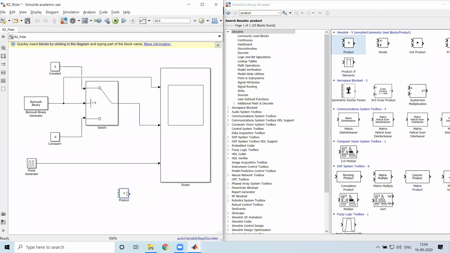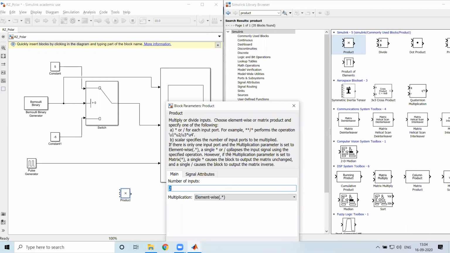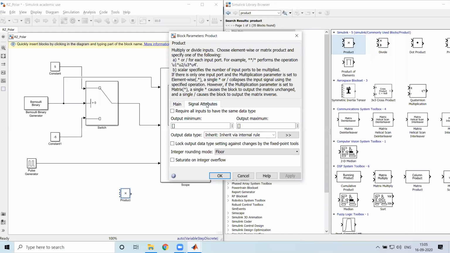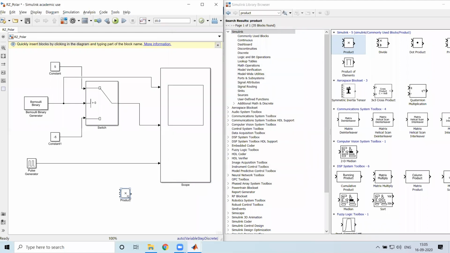Product of what? That is what I am checking, and in this one you can see that we have only this option, that is, how many inputs and what signal attributes we will be getting. It requires two inputs. In this case, one input is nothing but the NRZ value you have obtained, and another one is with respect to the pulse generator.